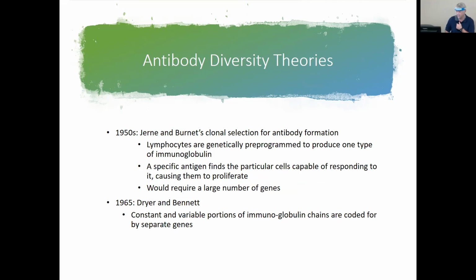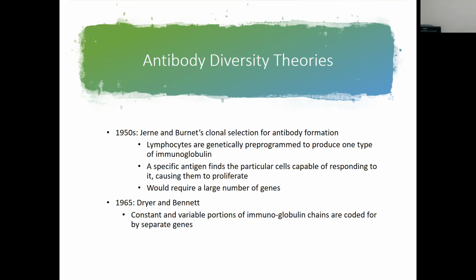And then in the 50s, we had Jerne and Burnet's clonal selection of antibody formation, where they said the lymphocytes are genetically pre-programmed to produce one type of immunoglobulin. So this was the breakthrough of saying there's something that our cells know. Once they get exposed to an antigen, they know how to produce to that antigen. So there was this one-on-one concept, where a specific antigen finds a particular cell, that cell can respond, causing proliferation,